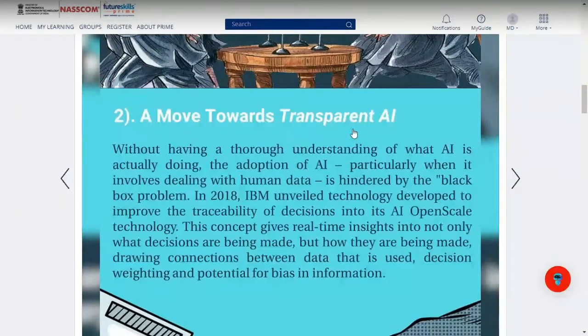Like it can tell you why it gave you half the medicine and not the full medicine. That is transparent AI. If a robot comes to you and gives you a medicine, saying take this tablet, only half, you ask it why, and the robot says, I can't tell you that, that is not transparent. You just have to eat the tablet and be dependent on whatever the robot is saying. However, if the robot tells you that because the doctor has suggested, or because your body weight is so and so, that is why you are supposed to take only half the medicine, then that is transparent.